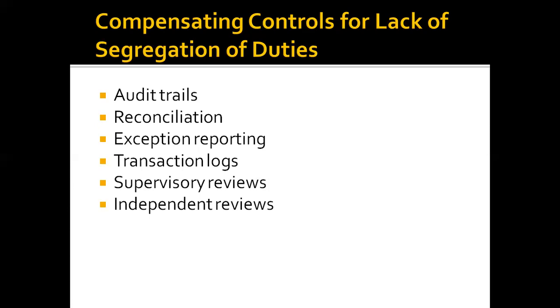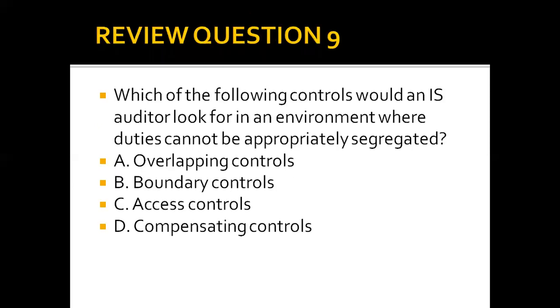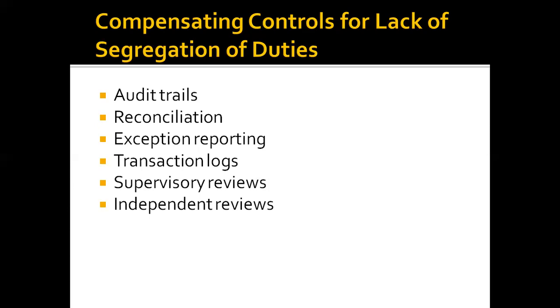Okay, supervisory reviews are also very important. So we need to have somebody technical supervising whoever has those super sign-ons and super roles. Independent reviews, if possible. Get somebody from another department. If possible, get somebody even from outside the organization, maybe your senior auditor, to review the activities of the individuals that are performing super user roles within the organization. Okay, so that's that with compensating for segregation of duties.